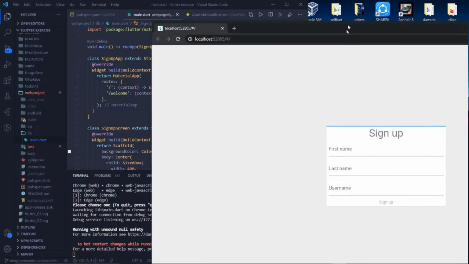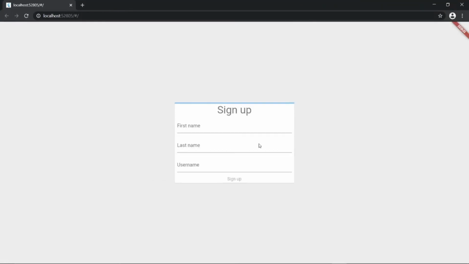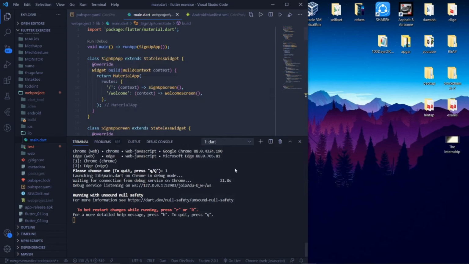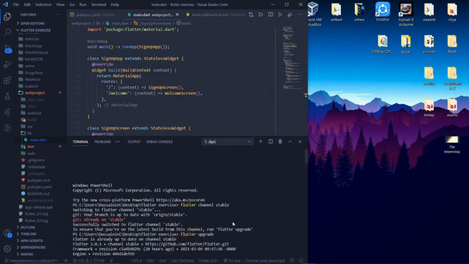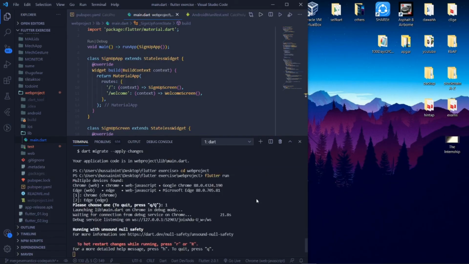So we have got the output, the code has been compiled, and this is our website that is made in Flutter, a simple demo app. And when we click on sign up, it will show a welcome screen. So this is the recent update made by Flutter in Flutter 2. They have switched to the stable channel. Previously it was on the beta channel, now it is on the stable channel. So you can make use of this,